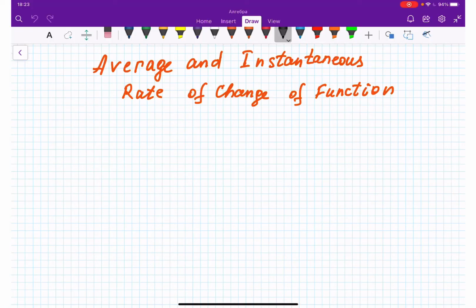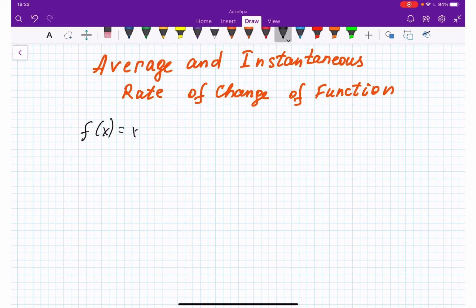Okay, in this video I'm going to talk about average and instantaneous rate of change of a function. First, let me show how to calculate, and then I'll explain the difference and the meaning of each one of them. So let us find the average and instantaneous rate of change of the function